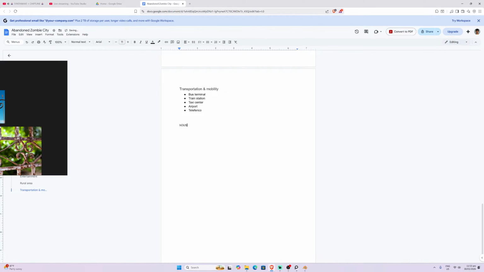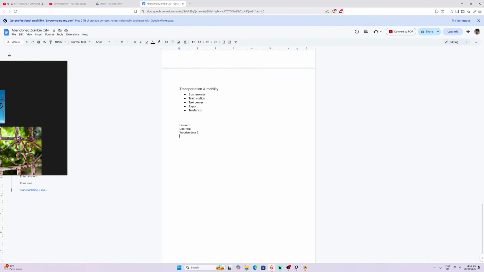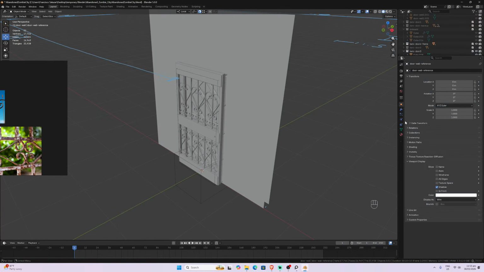Door wall. Wooden door 2. Bars door frame. So frame. Bars door 3.